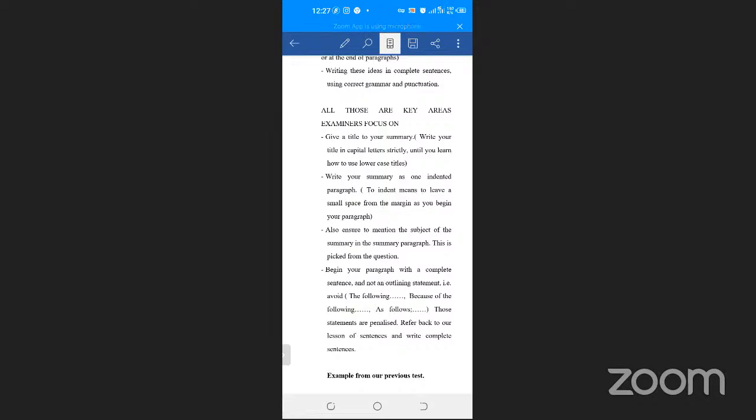This is picked from the question. Begin your paragraph with a complete sentence and not an outlining statement, i.e., avoid the following, because of the following, as follows. Those statements are penalized. Refer back to our lesson of sentences and write